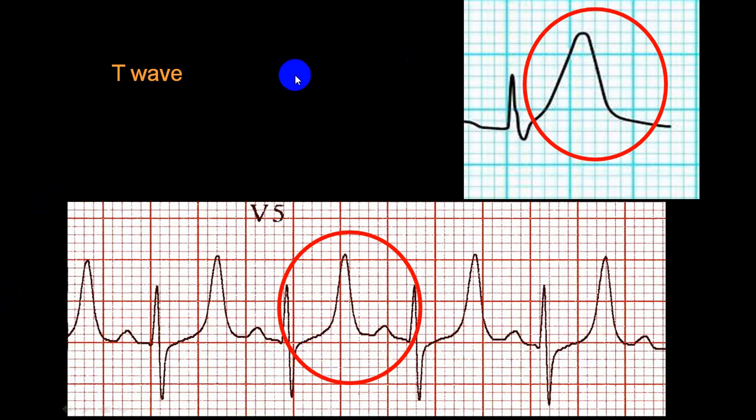Now this is that particular ECG. There are 2 types of ECG here. You can see one ECG, this is V5, V6, and this is another ECG. Now you can see here, this is also tall, this is also tall, taller than the R wave. Both appear nearly similar, but you will have to differentiate. These 2 are of 2 different conditions. So now we are going one by one.